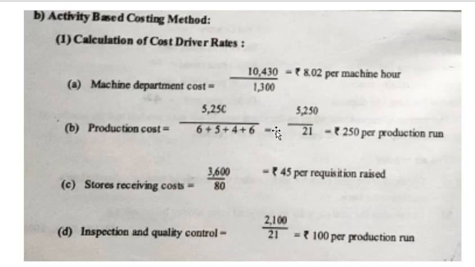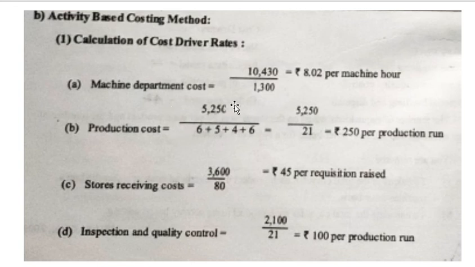Next for D, it is 120 units. It takes one production run for 20 units, so for 120 units, 120 divided by 20 gives you 6. I hope you understood how you get your production runs. So this is your total production run. As a cost driver, production cost is driven by production runs.